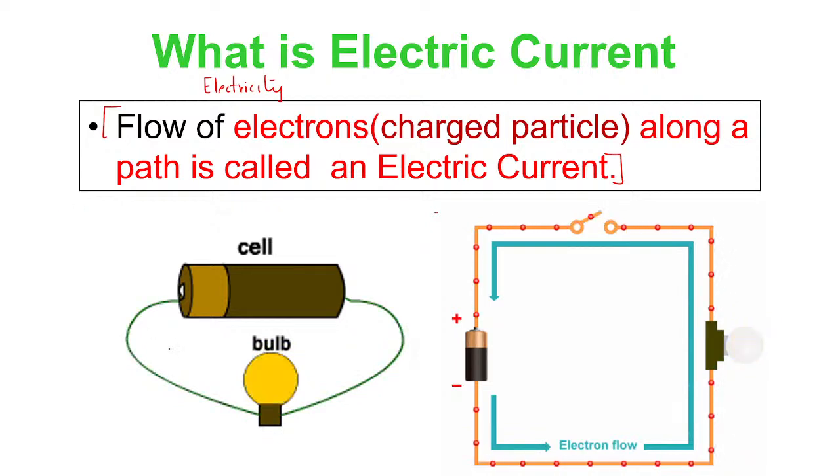Now, how do these electrons flow and why do they flow? Here lies the answer to your question. The answer we try to see by learning about the structure of atom. We know that the atom is the smallest indivisible particle of matter. Now suppose this is an atom, that's the nucleus.